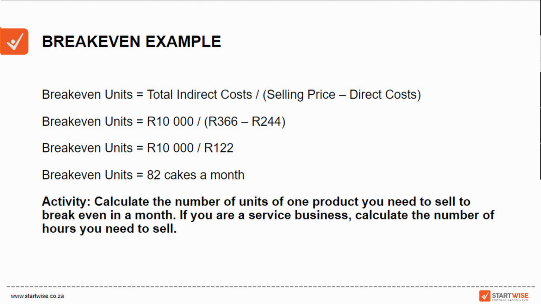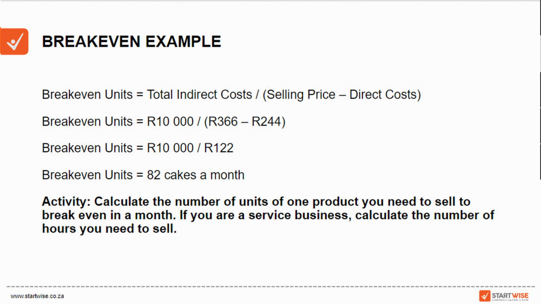You might see that and go, okay, that's totally doable. Or maybe that's way too many at the moment. I can only bake 5 cakes a week. So what can you do about that? You then need to go and look at your calculation and say, well, either my total indirect costs are too high. Is there anything I can do about the amount of rent I pay, the amount I'm spending on my cell phone, my transport costs, my data costs, whatever the case might be? If yes, you can make those adjustments.